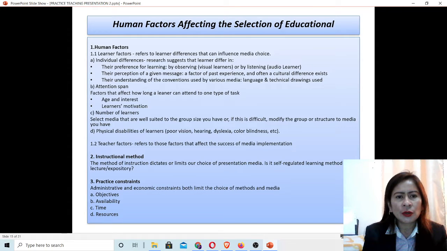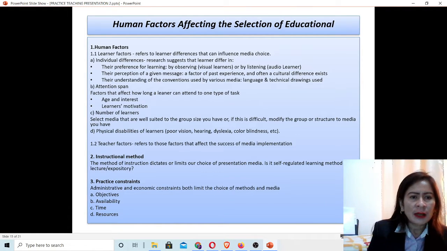Their perception of a given message is a factor of past experience, and often cultural differences exist in their understanding of the conventions used by various media, such as language and technical drawing.